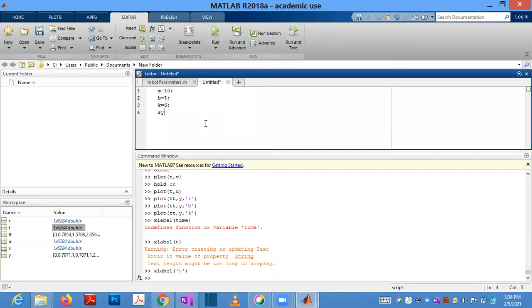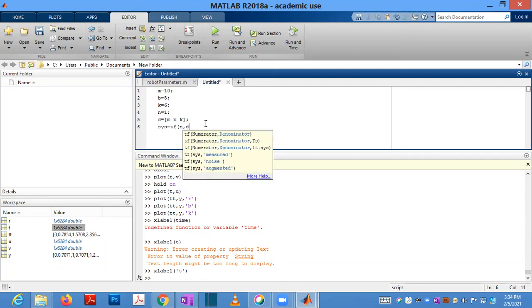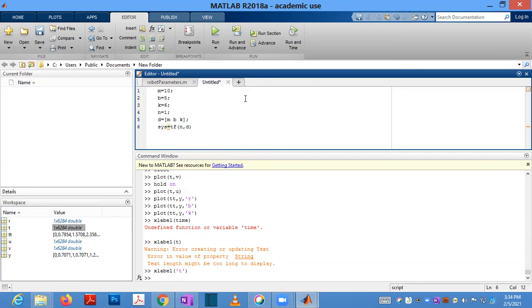And your system transfer function sys: n equal to 1 and the denominator equal to m, b and k. And sys equal to tf of n comma d. And you can save this one.